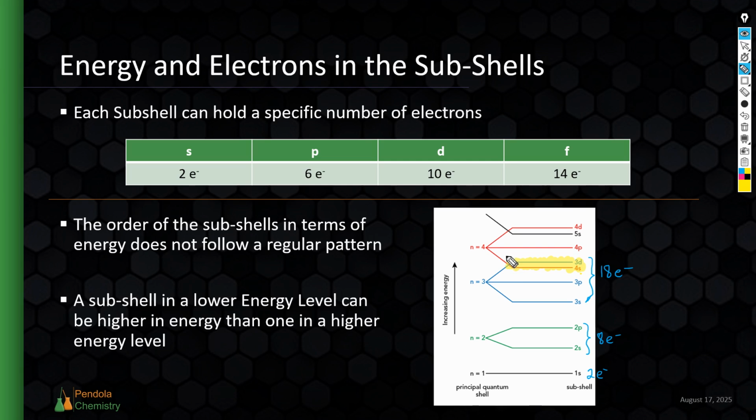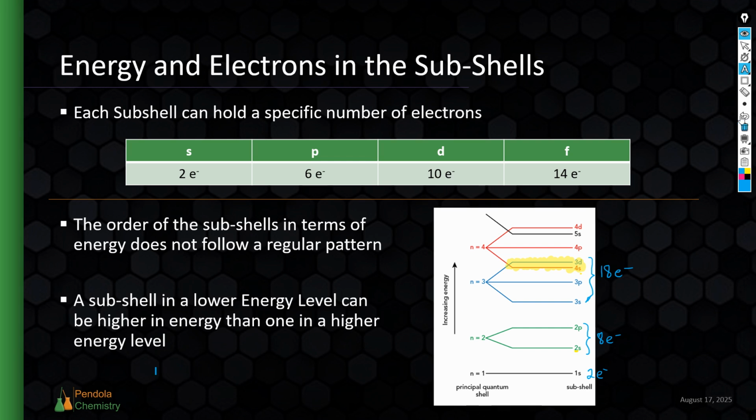Because if you explain this to most people, they would expect the order to be 1s, 2s, 2p, 3s, 3p, 3d, 4s, 4p, 4d, 5s. They would expect them to go SPDF in order from the first energy level all the way up to the highest energy level. However, the actual order of these sublevels, and I'm going to write the beginning of it right here